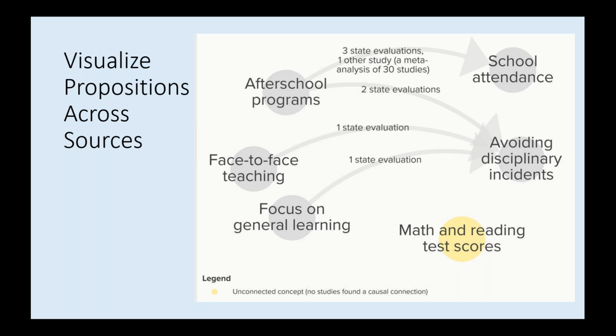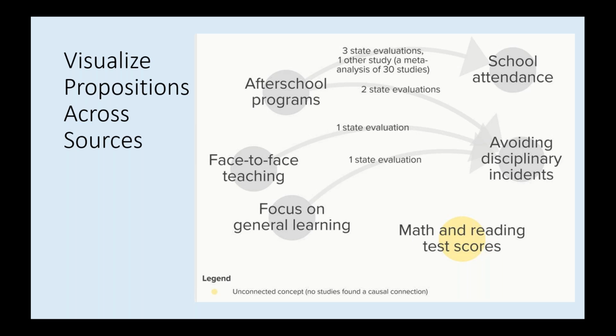Looking at the labels on the arrows, managers can quickly see what strategies are supported by 2 or more studies and what's only supported by 1 study or by no studies at all. And that shows where action is more likely to work as the map predicts, where we can have more confidence in taking action. The arrows show where the evidence for each causal link came from, and that shows what new